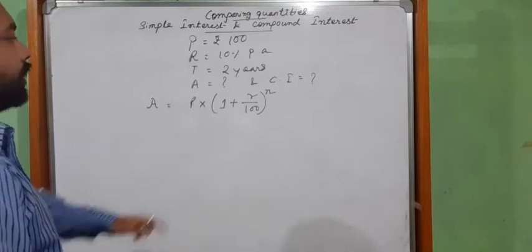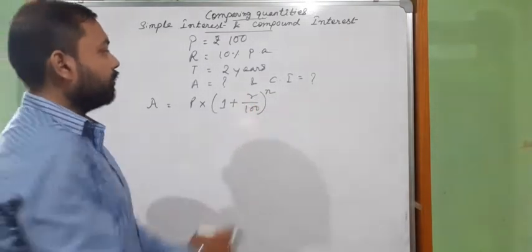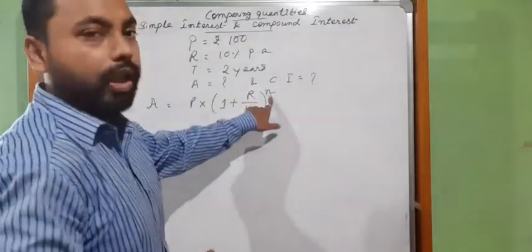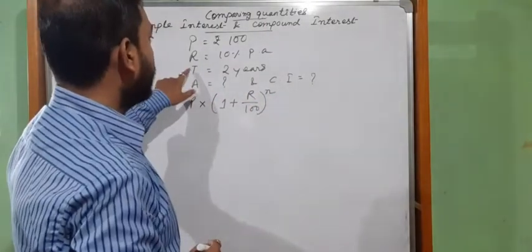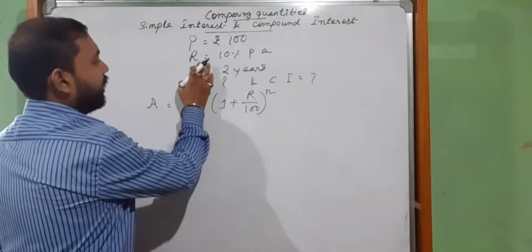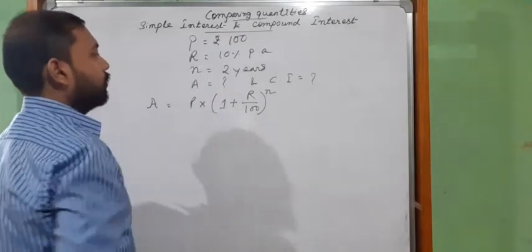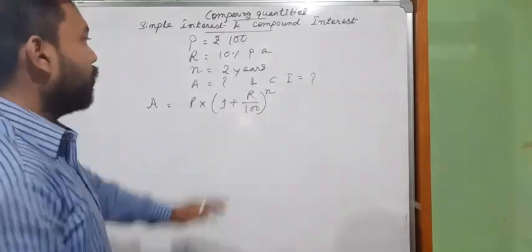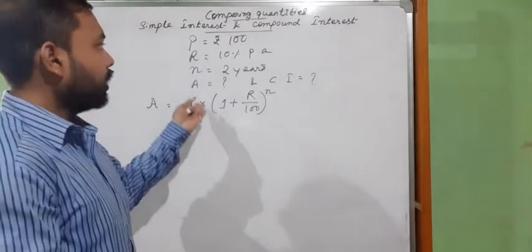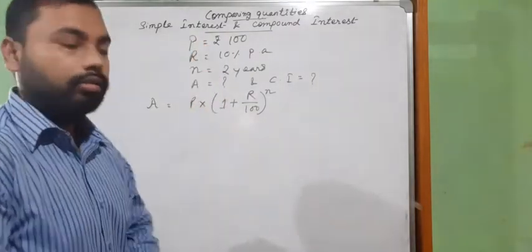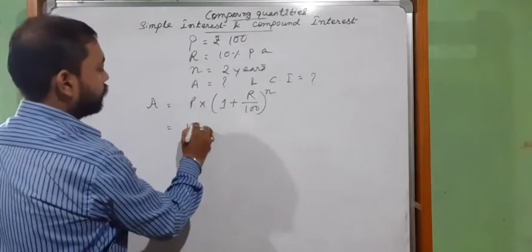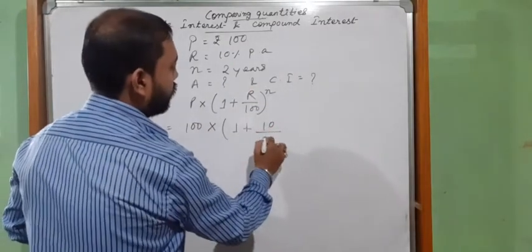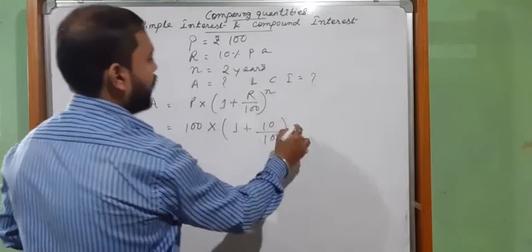Here, let us write capital R, which is the rate of interest. In place of n, in the book you will find n. Since I have here written T, let us make it n, so that it will be convenient for you, according to the formula. So n is the time, 2 years. Now put all the details in the formula. It will be very simple. Principal is 100 into 1 plus R, rate of interest 10, so 10 divided by 100, to the power n, that is time, 2 years.